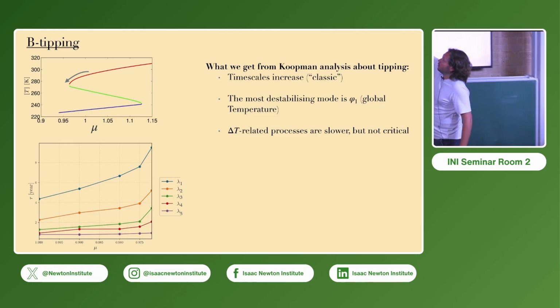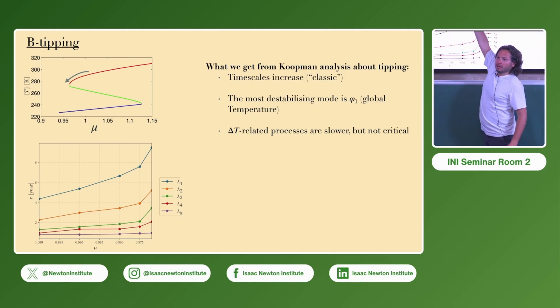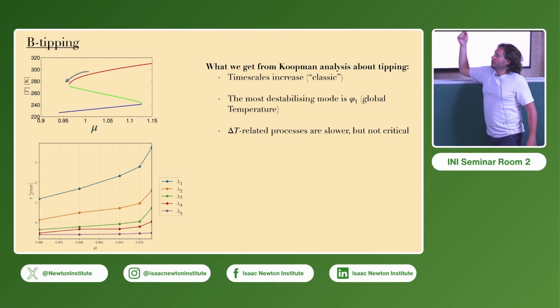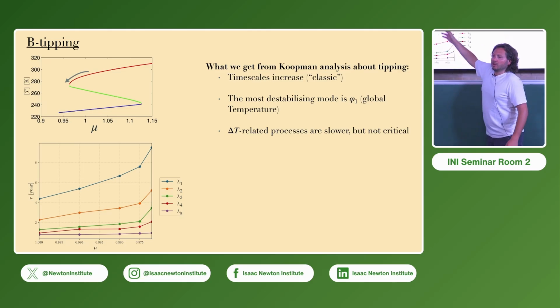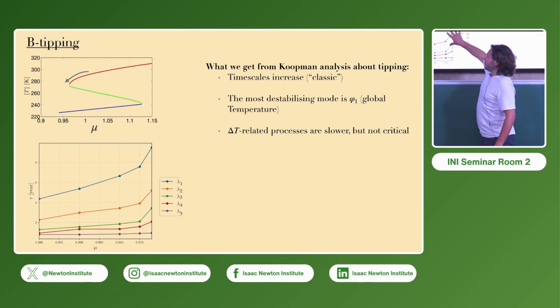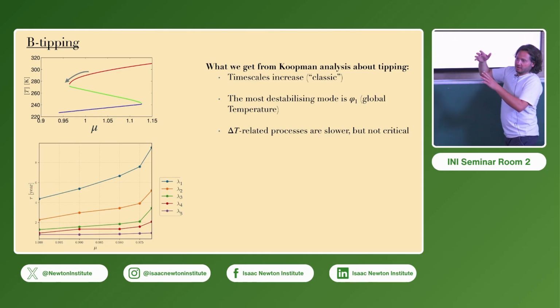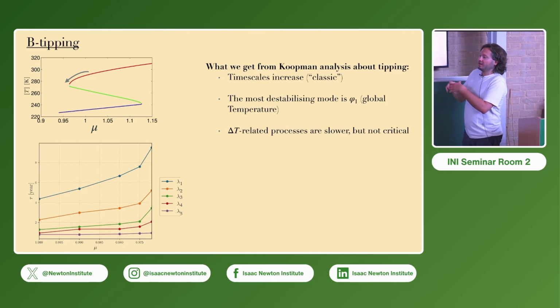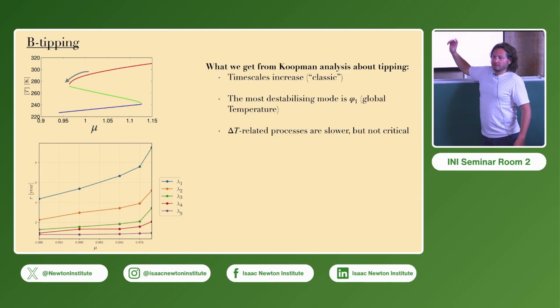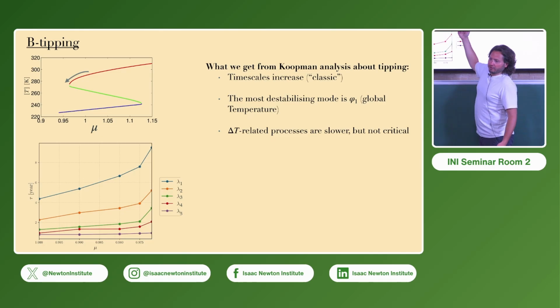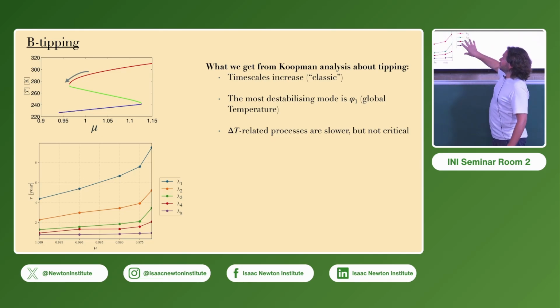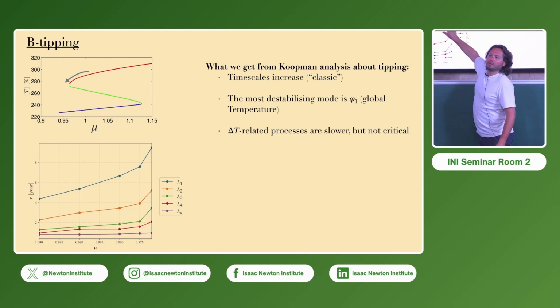Well, we're at mu equals 1 in the warm state. Now we reduce it and we're going towards the tipping point. What you can see is that you have critical slowing down. The modes from 1 to 4, which are the leading one and then the higher order harmonics of that one, increase their time scale coherently. And those are, I remind you, related to the globally averaged temperature. So it tells you that the best observable to pick to check the tipping is the global average